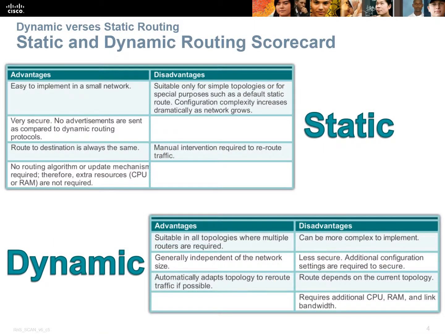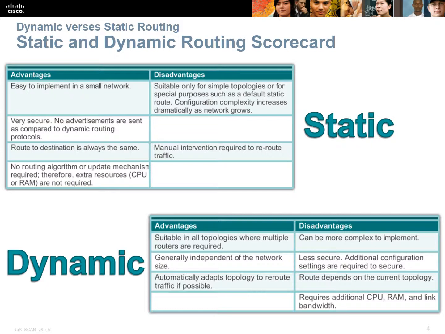Why do we even need static routing? Why do we even need dynamic routing? Let's have a look at some pros and cons. Static routing, very easy to set up in a small network. But once your network gets bigger, they become a bit more unmanageable. They're super secure because they're static. There's nothing dynamic about them. They can't be learned or injected or manipulated in any way. However,